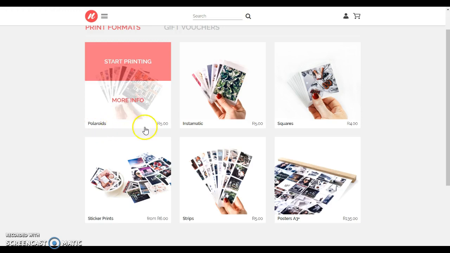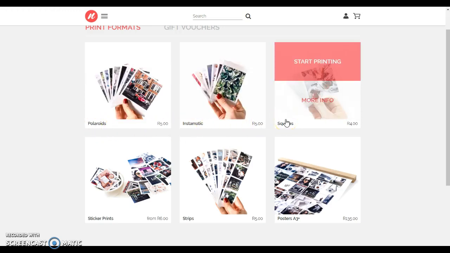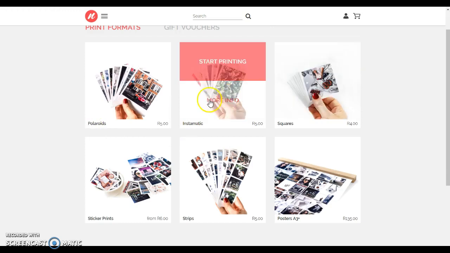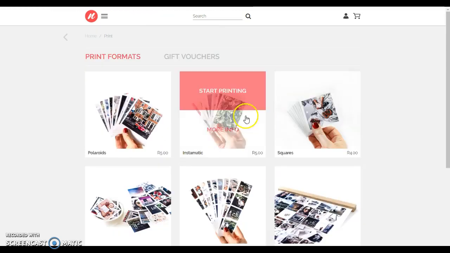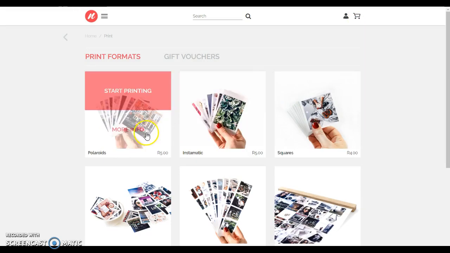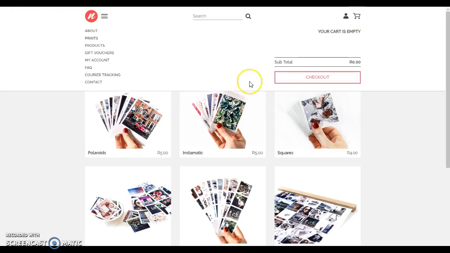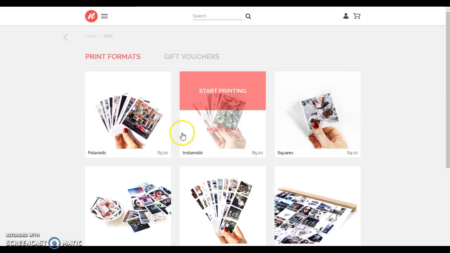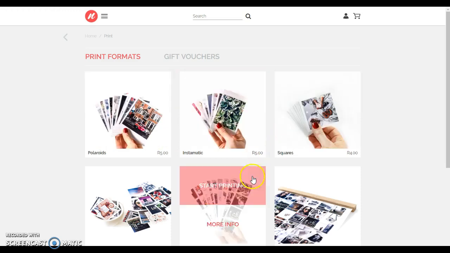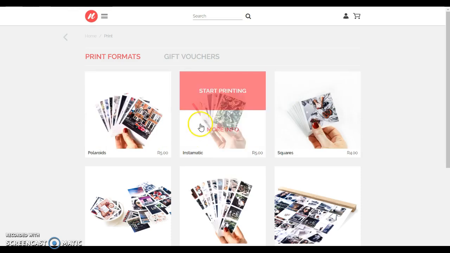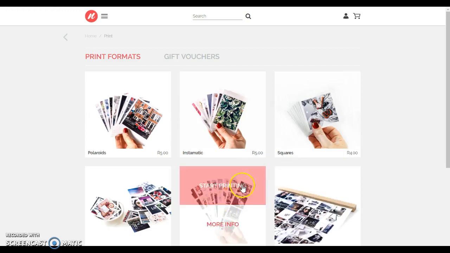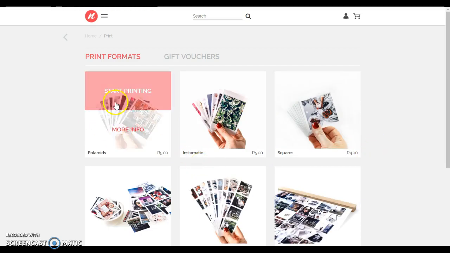But basically for Polaroids, Instamatics, squares, we have a minimum print amount of 30 prints each to fulfill an order. You can have as many prints as you want and combinations of in your cart to check out, but you have to actually have the minimums. And for instance, Polaroids, you have to have a minimum of 30 Polaroids to add that to your cart. You can't mix that 30 up from different sources and different formats. So you have to independently add one format at a time, but you can have as many as you want. So for the sake of this tutorial, I'm going to focus on Polaroids.